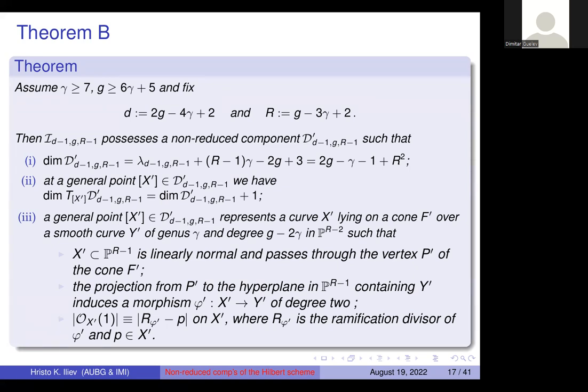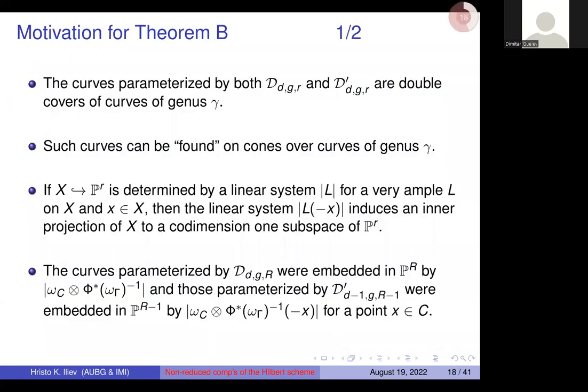Now, what we have here are curves that are double coverings. So both the components that I started with, D and D prime, are parameterizing curves that are double covers of other curves. Such curves that are double covers can in fact be found on cones. And that's what we have been led to consider. And further on, as we have been trying to understand better the components D and D prime that I started with,